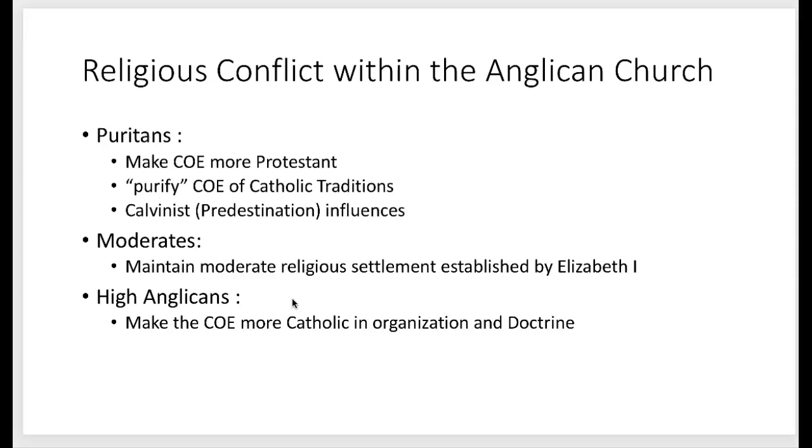the cusp really greeted James the First's ascension to the throne with enthusiasm because his mom was Catholic, and he was raised in a Reformed Presbyterian tradition. So both groups felt that they could sway him to do what they wanted in terms of making changes in the church. However, neither group managed to persuade him because both, in their own way, threatened to subvert his power. And because of that,